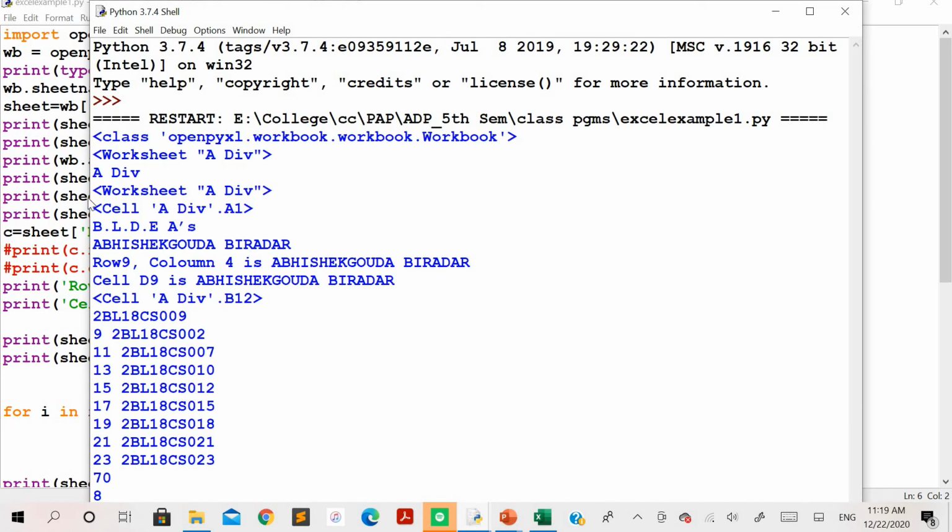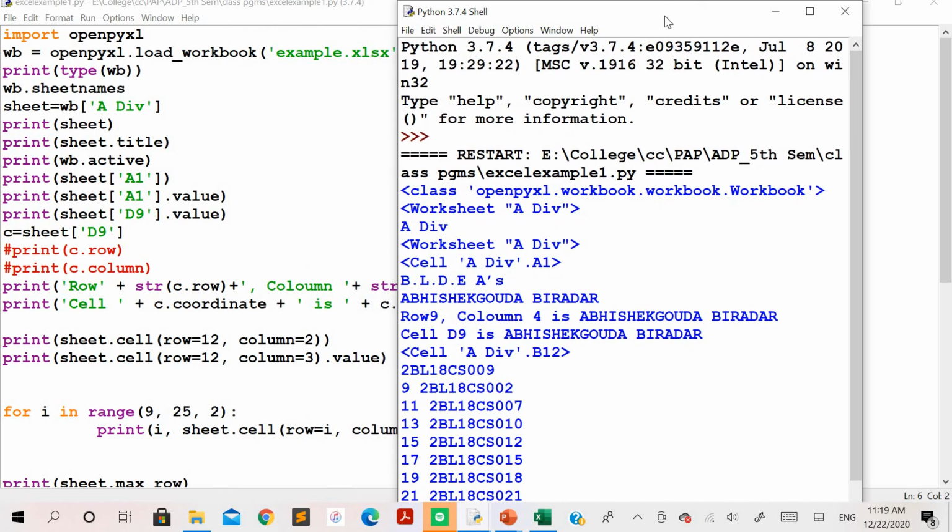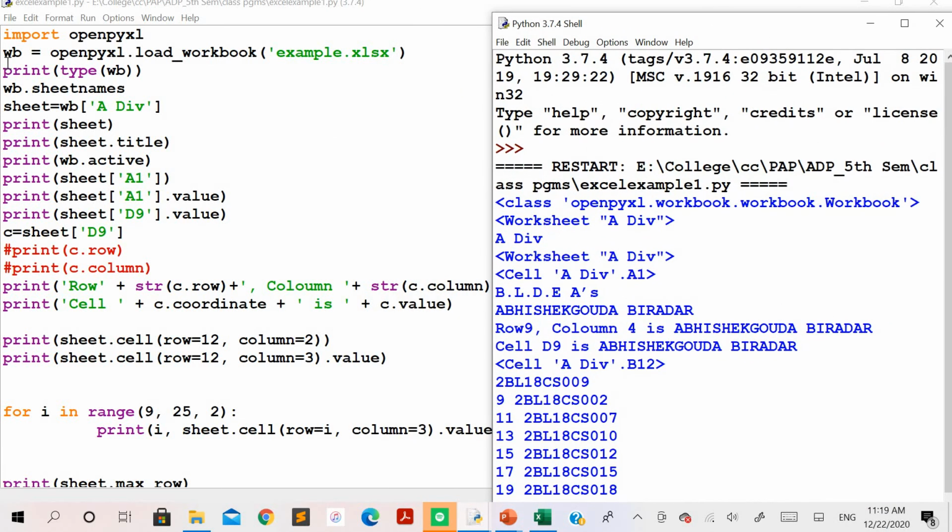Okay, I'll explain each of the outputs here. So you can see what we have done. We have opened the Excel file with the variable known as wb, and we want to know what kind of object wb is here. If I print the type of this wb, you can see it is saying that it is an object of the class openpyxl Workbook, which is meant to say that it is a file handler for this file here.